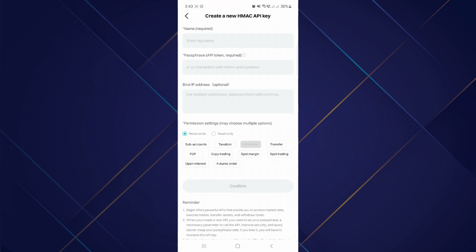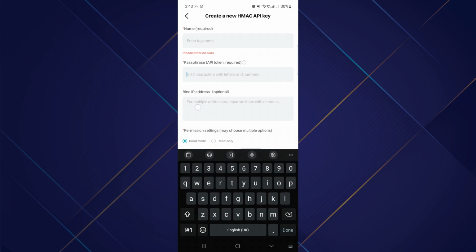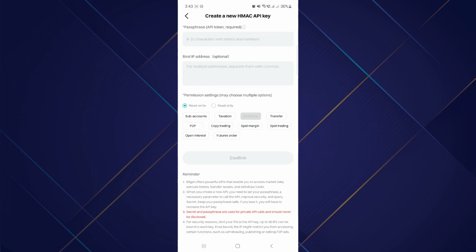Here, fill in the required information, including notes, API passphrases, permission settings, link, IP address, email verification code, and all other fields. Once you have provided all the necessary details and completed the verification steps, tap on Confirm to finalize